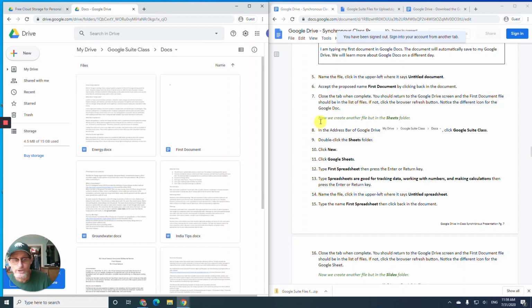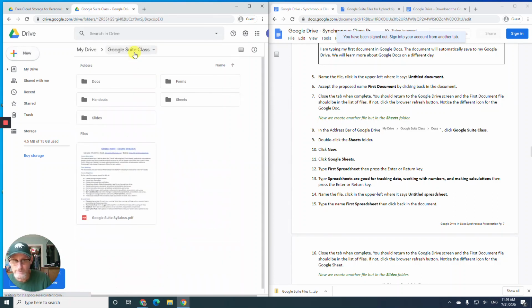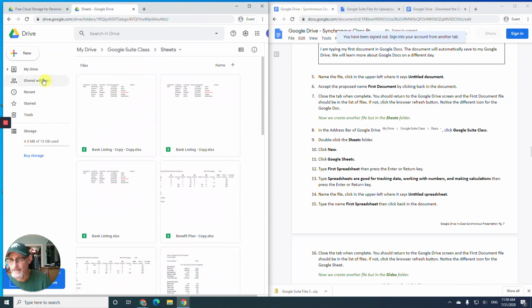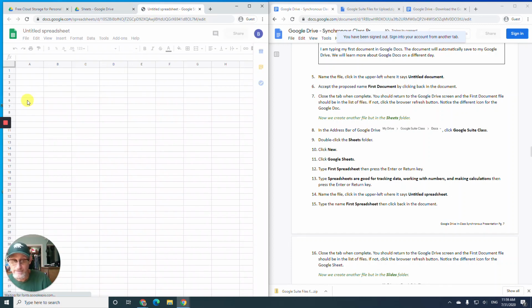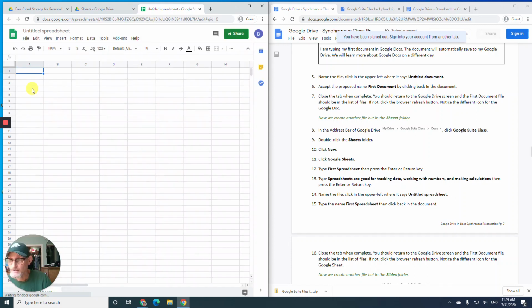So now we're going to create another file, but in the Sheets folder. So in the step 8, in the address bar, here, click Google Suite Class. Step 9, double-click Sheets. Step 10, click New, and click Google Sheets. Step 12 is coming up. Type First Spreadsheet and press